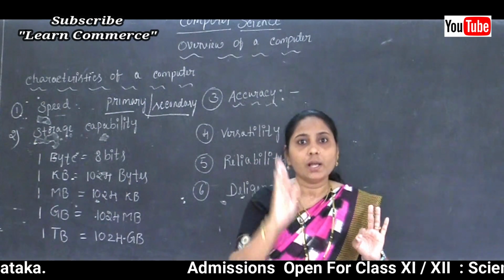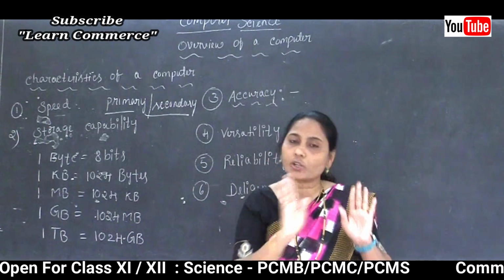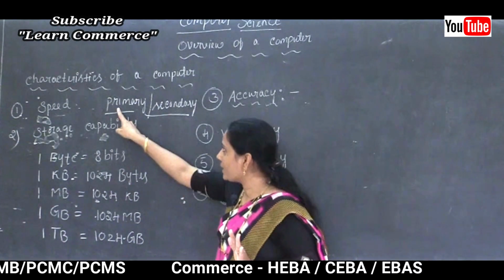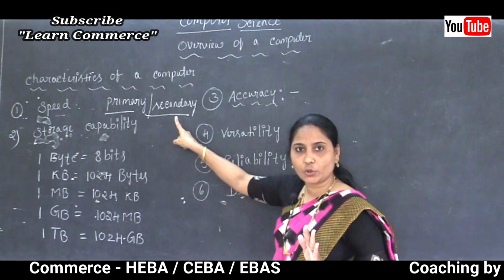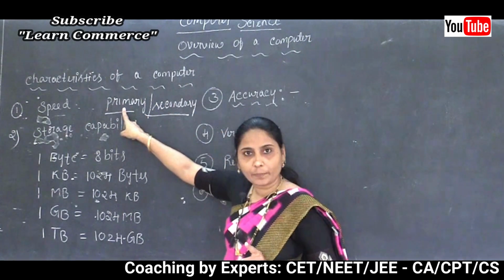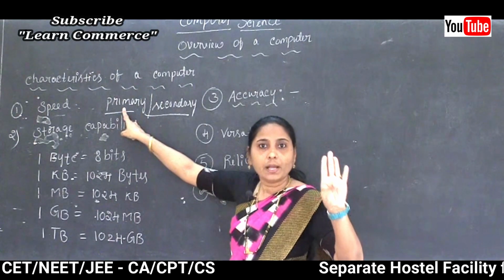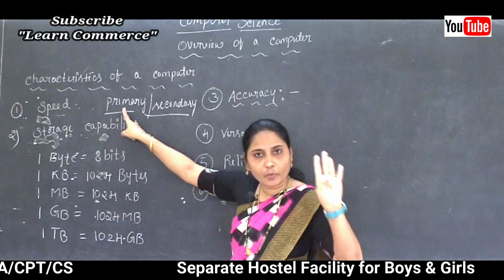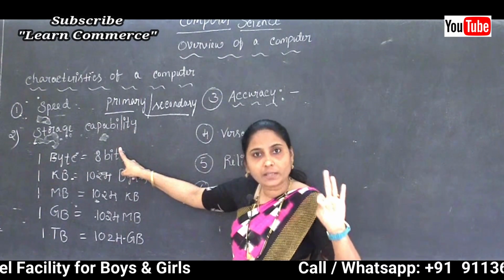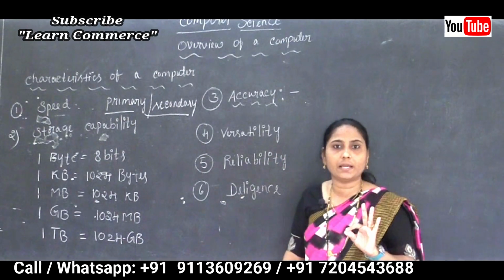In storage, there are two types of storage, memory or storage. In simple terms, the storages are primary storage and secondary storage. For primary storage, some examples or types are RAM, the full form of which is random access memory, and ROM, read only memory. And some types are available in both RAM as well as in ROM.